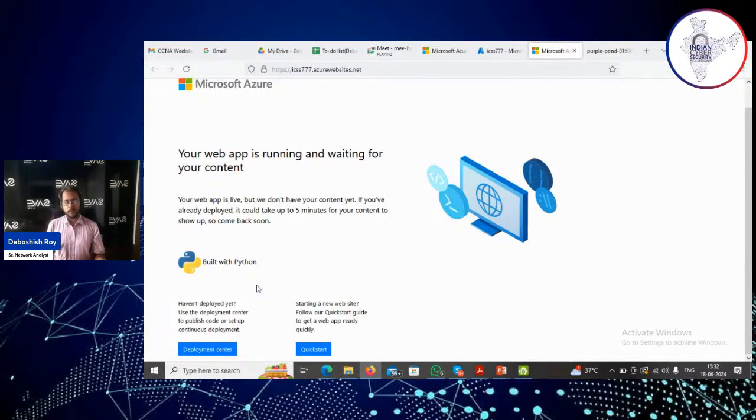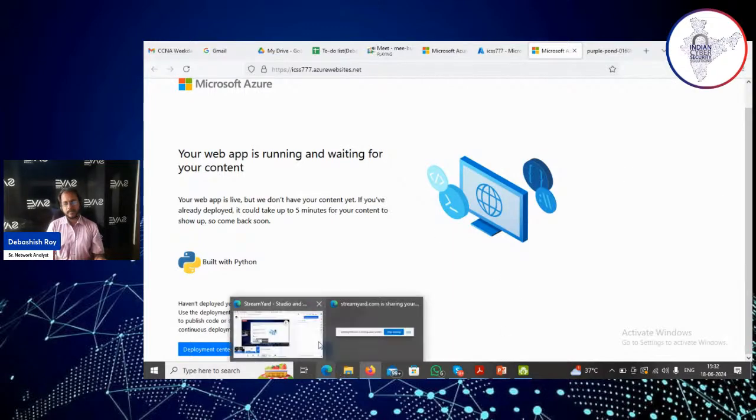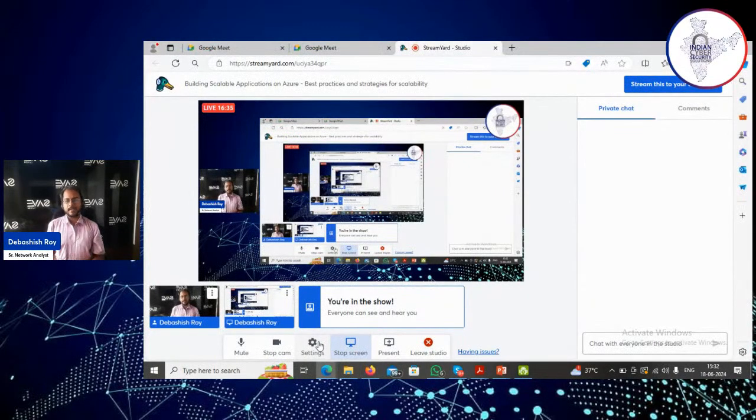So we have actually discussed theoretically and practically both how to build scalable web applications in your Azure platform. And I think you have got a better understanding of scalable applications on Azure. I have shown you practically also, and also we have discussed the theory aspects of building scalable applications on the Azure platform. It has different features like web app, mobile app, many features, app services. So that is it for today that I have on this topic.